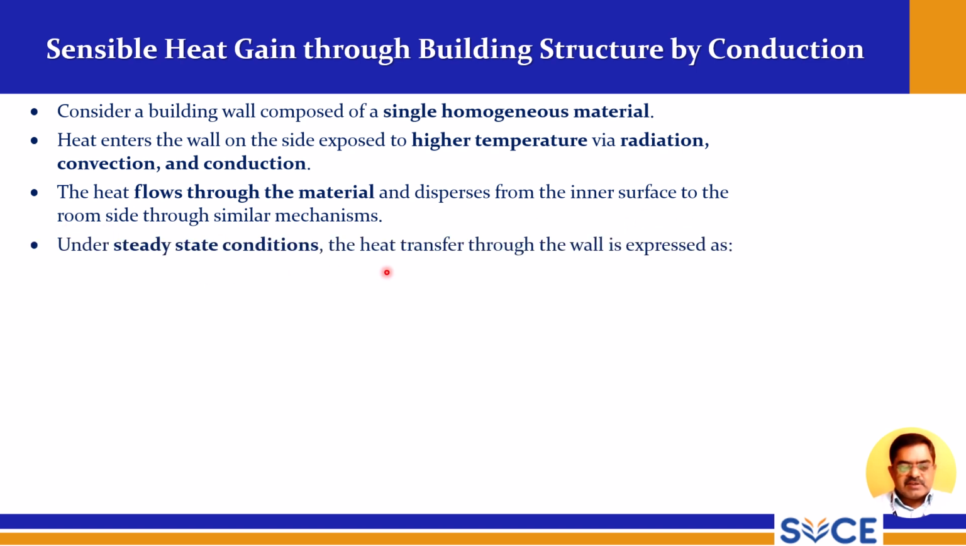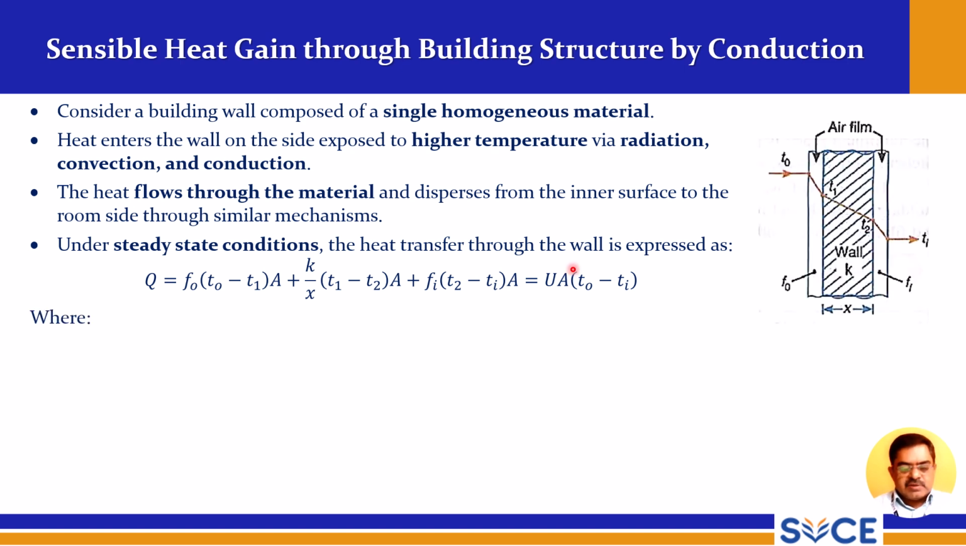Under steady state conditions, the heat transfer through the wall is expressed as Q equal to Fo (To minus T1) A plus (K by X) (T1 minus T2) A plus Fi (T2 minus Ti) A, so that is equal to U A (To minus Ti). And this is the wall, a single homogeneous wall, and this is To, T1, T2 and Ti. So this is what is happening here, and this is Fo